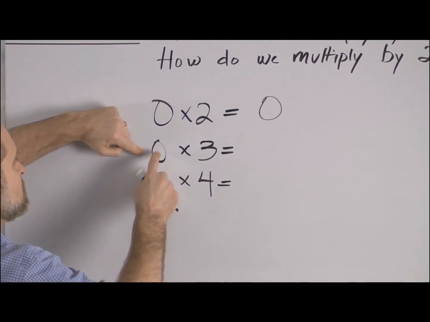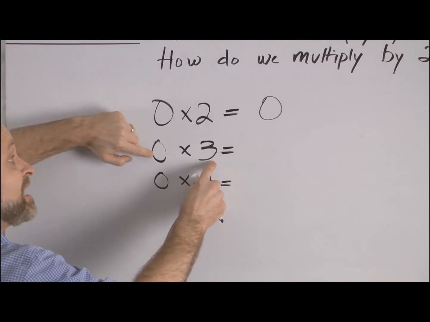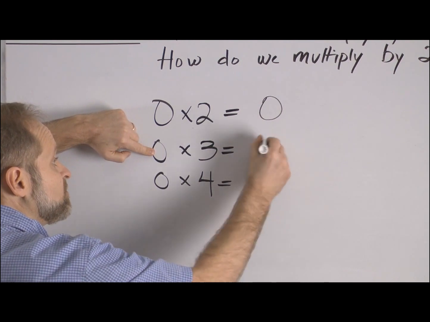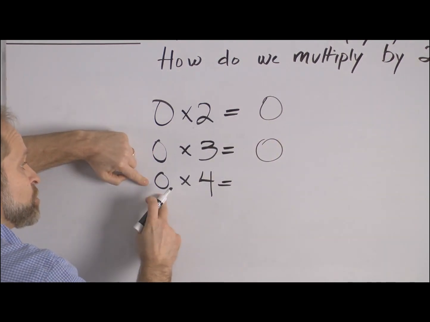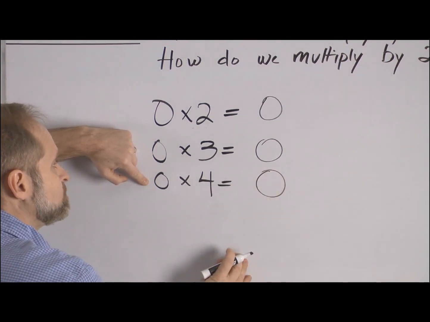Let's try this next one. 0 groups of 3. If I draw a group of 3, but I don't have a group, then I have nothing. So this is 0 or nothing. 0 groups of 4. What do you think that should be? That will be 0 also. Now,